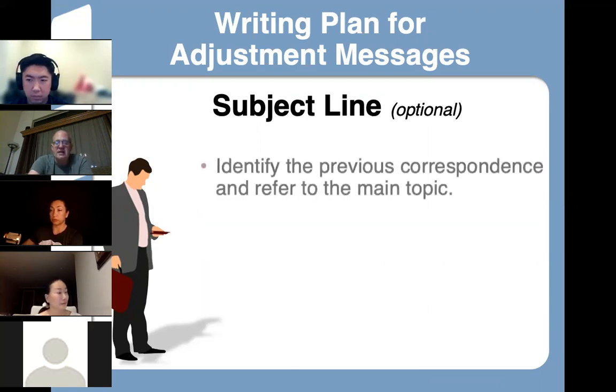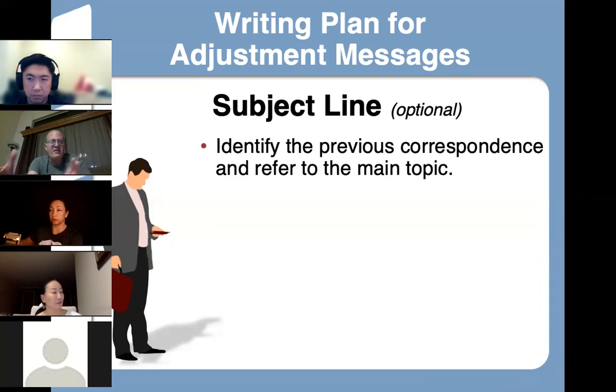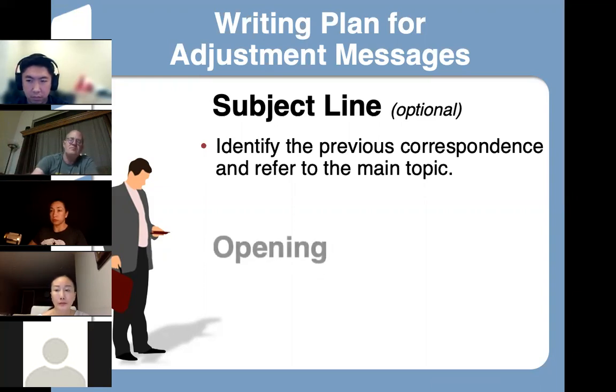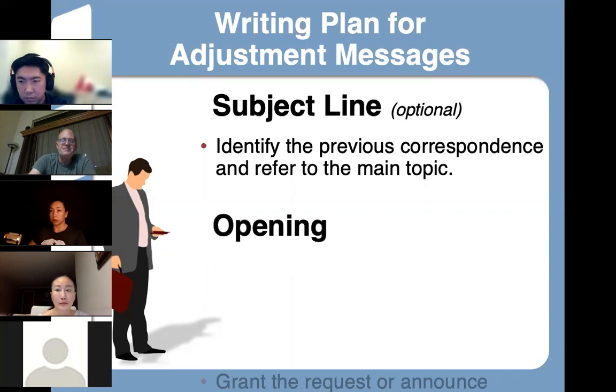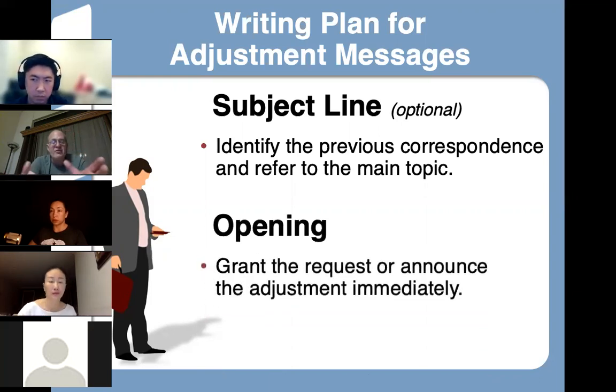So subject line, identify the past correspondence because you're replying, and you talk in the subject line about the original topic. You refer to the issue that's on the table. The opening. You grant the request, meaning that you say, yes, we're going to do what you want.